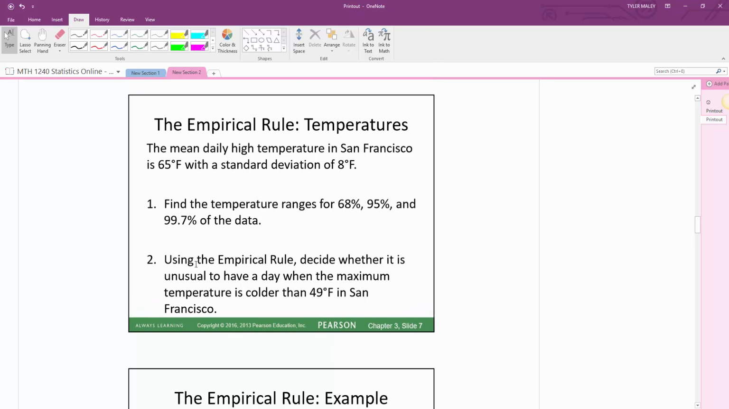Right, so here's another example of temperatures. It says the mean daily temperature in San Francisco is 65 degrees with a standard deviation of 8. So my mean is 65 degrees and my standard deviation is 8 degrees. We're asked to find the temperature ranges for 68%, 95%, and 99% of the data. So to find 68%,